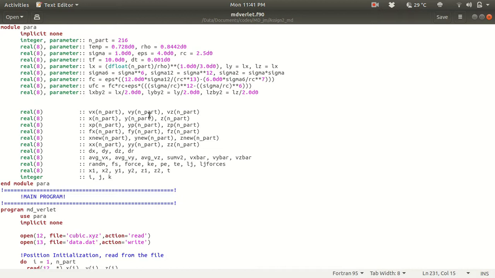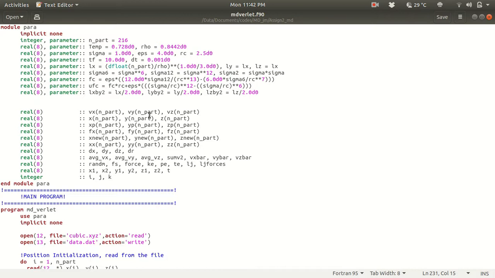That is for initializing the particles' positions in molecular dynamics. I have also uploaded a separate lecture on how to generate a general lattice configuration. After seeing that lecture, it will be clear to you how to generate any type of lattice configuration via code. I have also uploaded two videos on how to generate a square lattice and a simple cubic lattice. You can always go through them, and that is good practice, and you can also try many other lattice configurations like that. So let's go to the code.